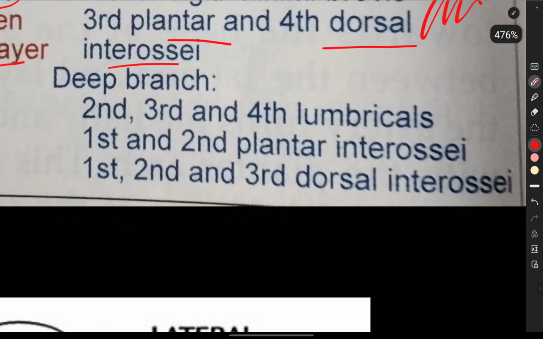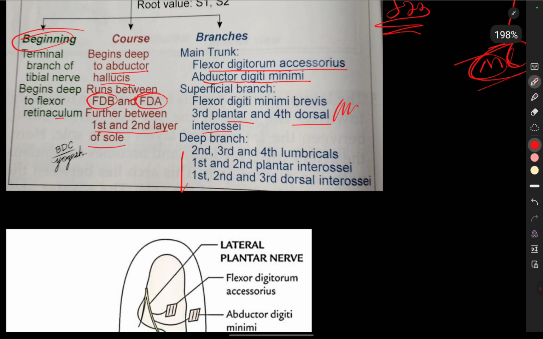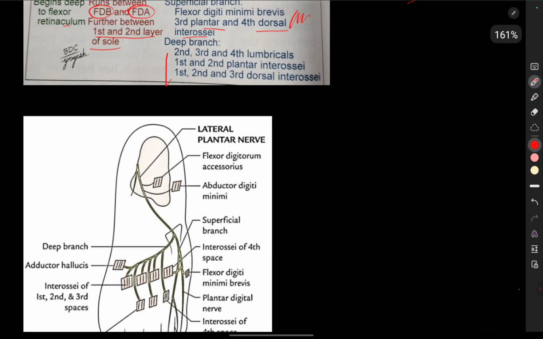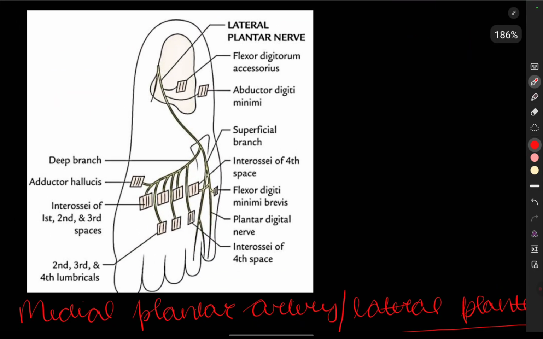Okay, in the muscles. Deep branches to the second, third, and fourth lumbricals, first and second plantar interossei, and first, second, third dorsal interossei. Okay, so these are the branches of the lateral plantar nerve. So see, this is the flexor digitorum accessorius, and this is the abductor digiti minimi. This is the